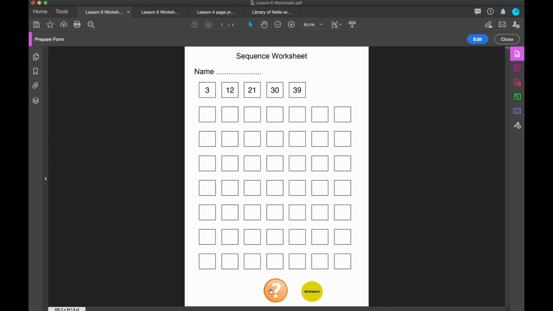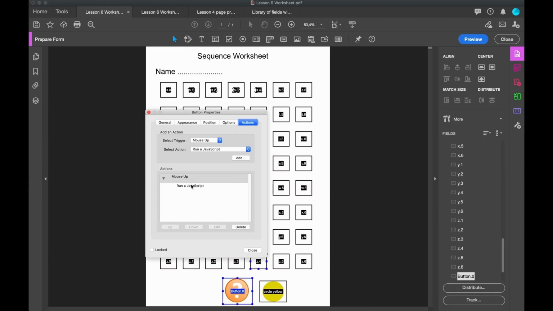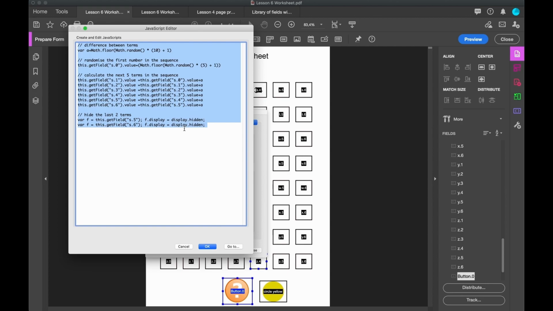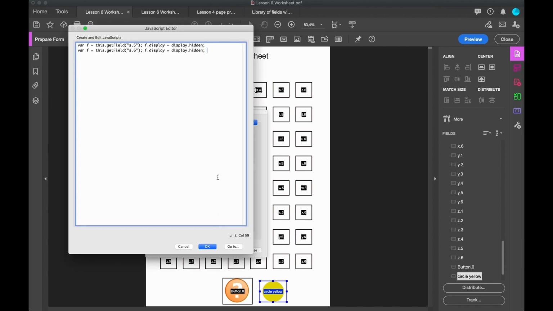And that is working. Let's now add in the code for showing the answers whilst we're at it, and we can do this quickly by taking these last 2 lines here, copying them over,